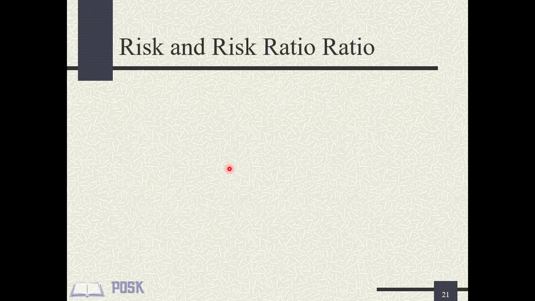We have come to the second section. Here, we will be discussing risks and odds in statistics. What do you mean by risk? In lay terms, risk is generally associated with a bad event, but risk in statistical terms is not necessarily a bad thing. It simply refers to the probability that an event will occur, whether it be a good or bad event. Risk is the probability that an event will happen.